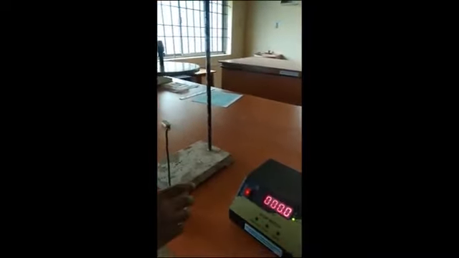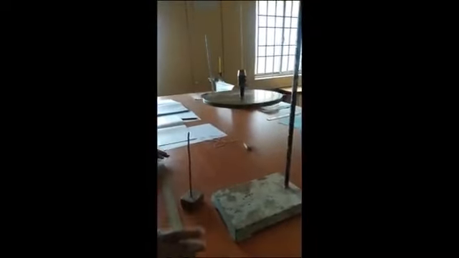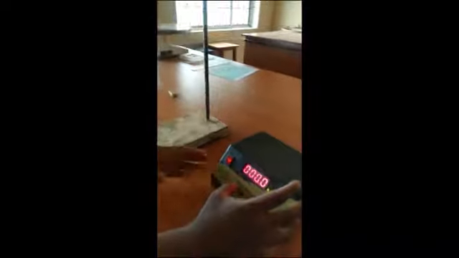Now fix the chuck nut wherever the object stops, and whenever it comes to the same position, switch it on.